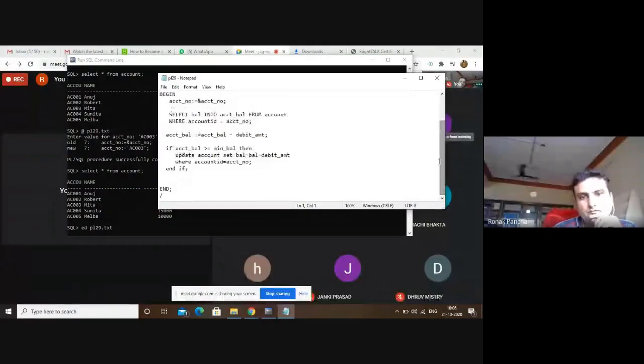See, this is our condition. That is why our data is not updated, right? The balance is 1,000, compared against the minimum balance. If the balance is greater than or equal to the minimum balance, the condition is satisfied and it updates, right? Here the minimum balance is 2,000 and the balance is 1,000. 1,000 is not greater than or equal to 2,000. It means the condition is not satisfied. That means our data is not updated.